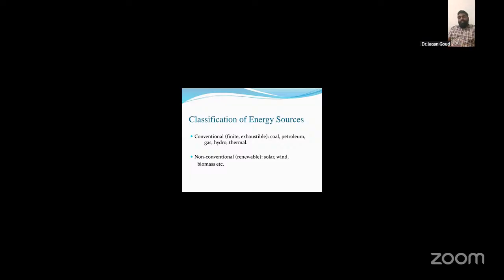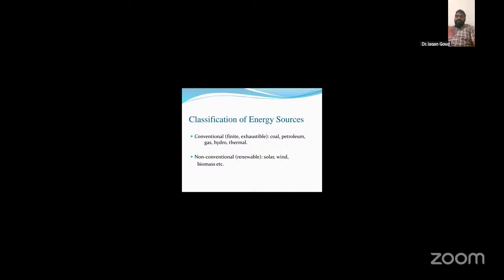Next, coming to the non-conventional energy sources. These are modern energy sources that are naturally replenished and have lower environmental effect. Major types are solar energy, wind energy, and biomass energy, and some geothermal energy, and tidal and wave energy. Key features are renewable and inexhaustible, environmentally friendly with low emissions, suitable for decentralized energy supply, with high initial installation cost in some cases.